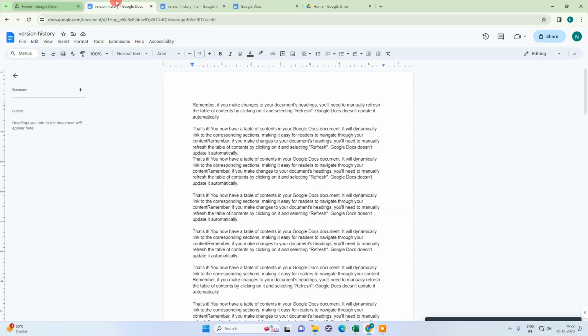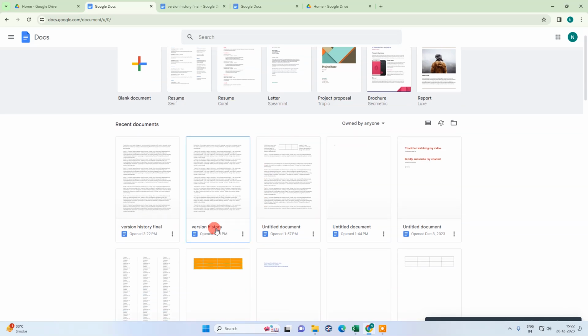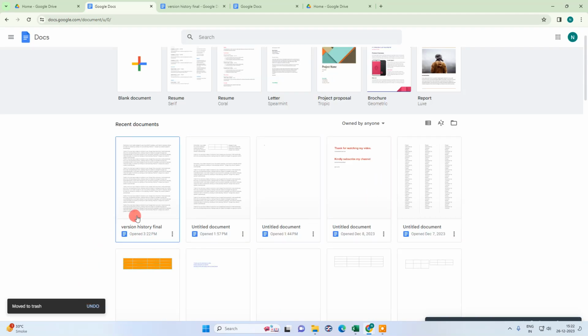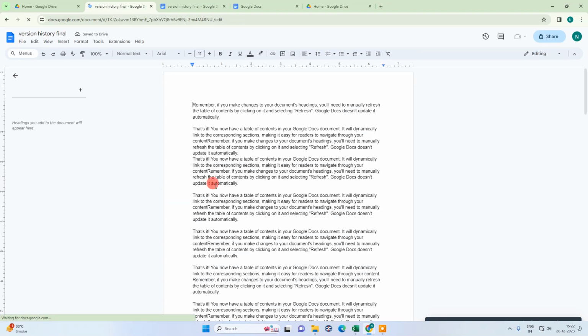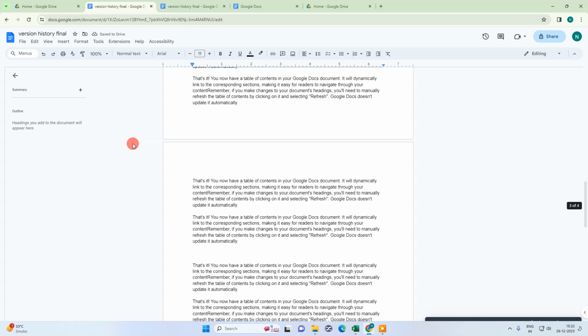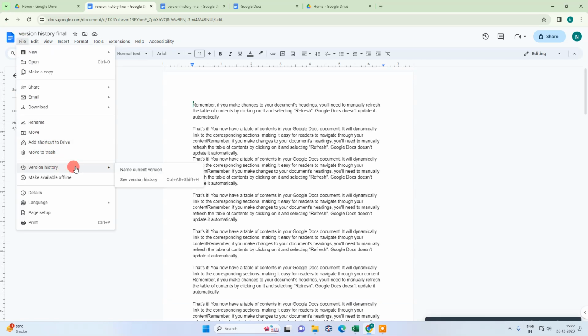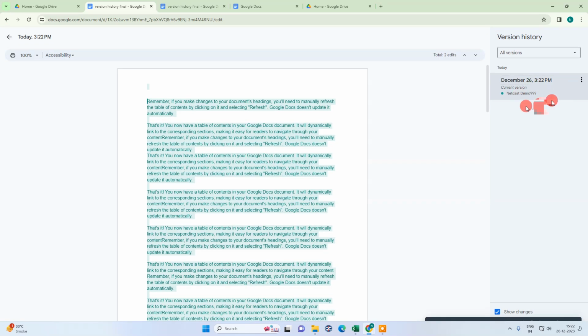So now what you need to do, just go to Google Docs, and here you can see this file, the original file which we made the copy of, and this is the final copy. So now we need to delete the original file, it will be moved to the trash. Now you can use your file as a fresh file, and you can see there is no version history. Okay,